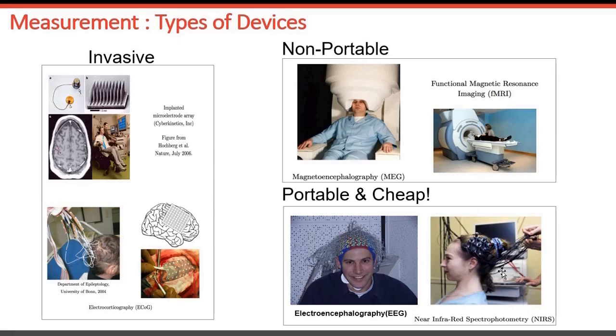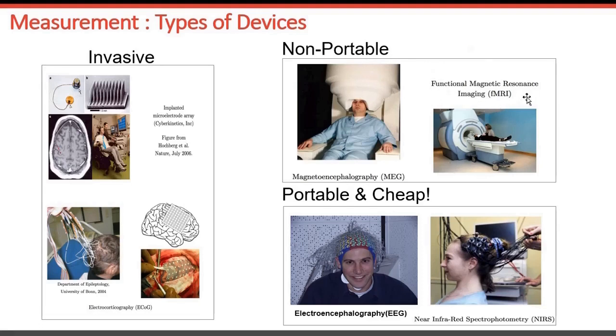And there is another portable one called near-infrared spectroscopy, NIRS. While EEG records brain activities that correspond to neuronal firing at a low level, so synchronization, or electrical activity of the brain, NIRS records blood oxygenation or hemoglobin concentration in the brain vessels. We also have these systems you may have seen in the hospitals. These are very big, non-portable MEG, magnetoencephalography, which also records brain electric activity.